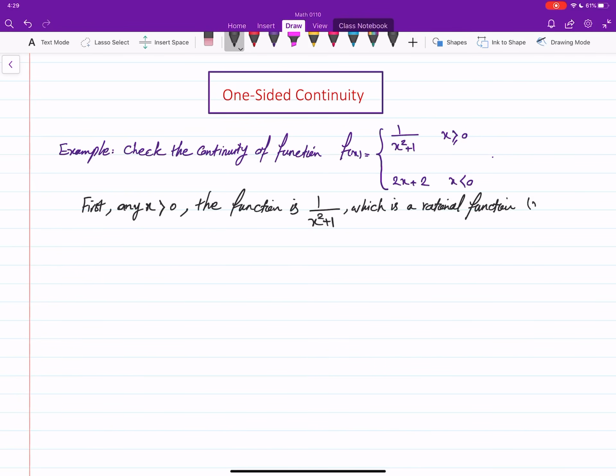Here, x squared plus 1 cannot be equal to 0 for real x's. A positive number added to 1 is always bigger than or equal to 1, so it cannot be 0. It means that it's a rational function that doesn't have any root in the denominator, and as a result is continuous